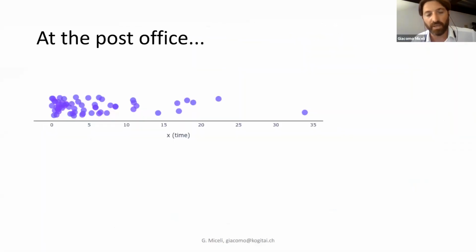So basically, this is the typical problem. You have a lot of customers, represented here by little dots, and they spend time at the counter with the operator. This is the x axis, the time spent at the counter. In this case, I chose a time frame between 0 and 35 minutes. As you can see, many of them spend around 4 minutes at the counter. So the hypothesis that you take most of the time is that the time is distributed